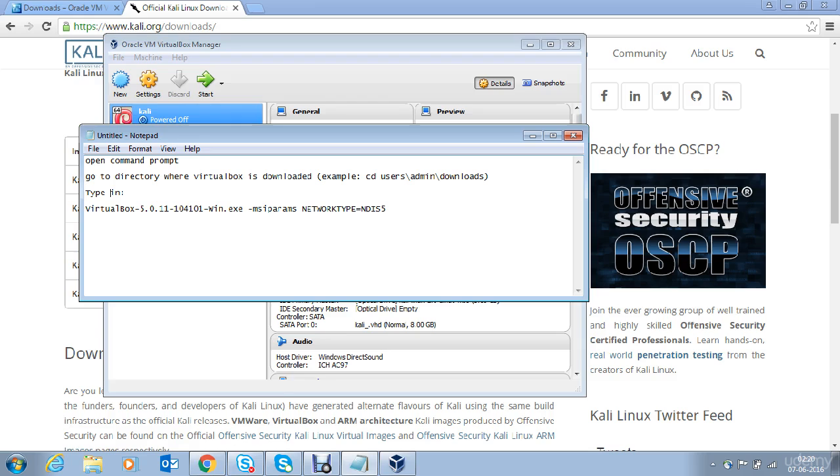Then type in VirtualBox, hit tab, and it will choose the correct version of VirtualBox you have downloaded. Then you need to supply this parameter, network type equals NDIS5, and hit enter. The installation will begin, and after that, on a Windows 7 machine with the latest version of VirtualBox, the bridged networking should work fine.